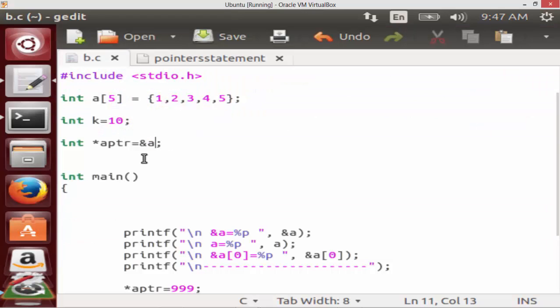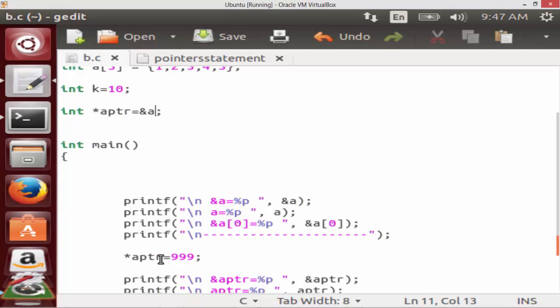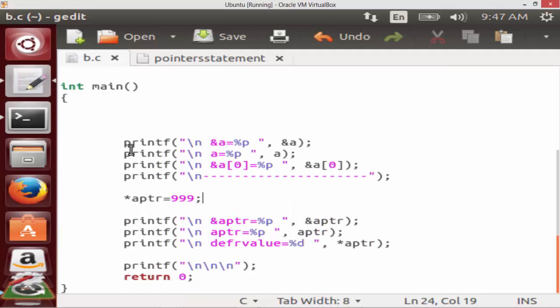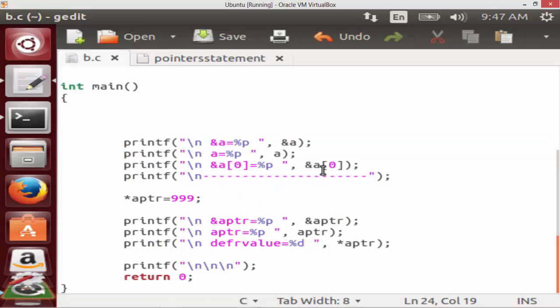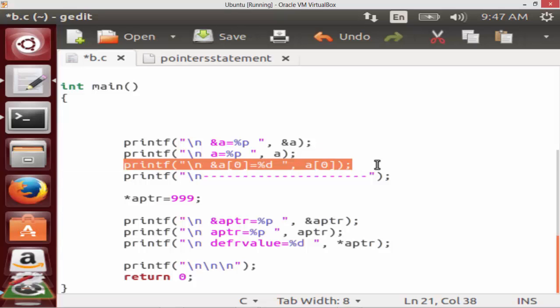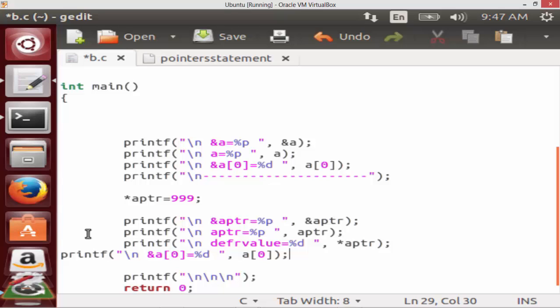Now I have aptr = &a. Then I say *aptr = 999, and then I will print the value of a[0], the initial value with %d, and this one after modification.